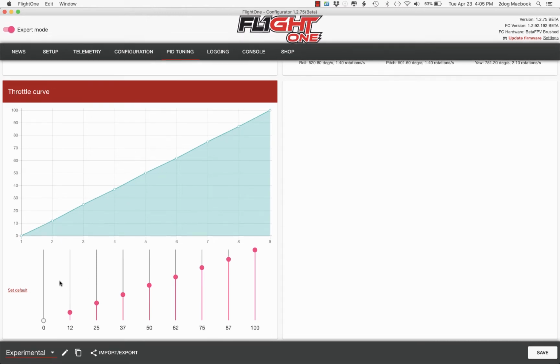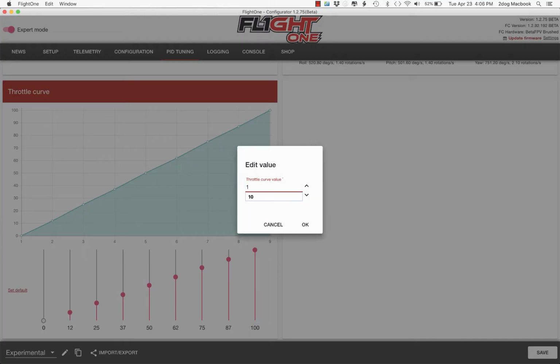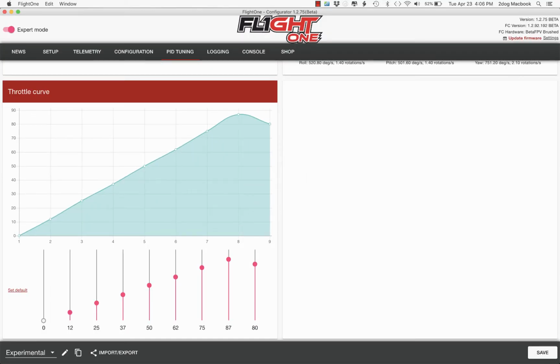What we do is there are 8 steps between each one of these. Let's just make it easy. Let's say we're going to cap our throttle at 80%. So we're going to reduce the top end by 20%. So what we're going to want to end up with is this dot to be right here at 80. So that's where we want our line to end, so that full throttle on your stick gives you 80% signal to the flight controller. But as you can see here, it's kind of wonky, so we have to do a